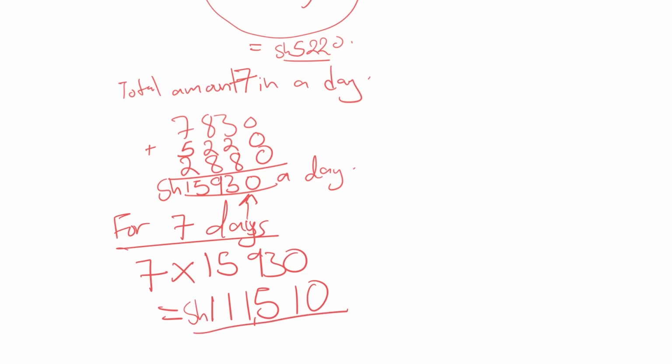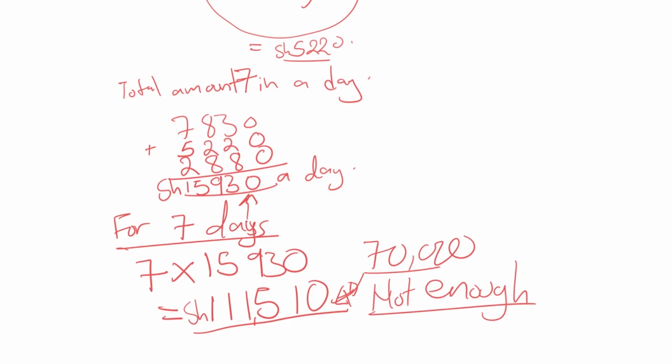Now we shall compare this value with our budget. Our budget was 70,000 shillings. So that means our budget is not enough for us to use. Okay,